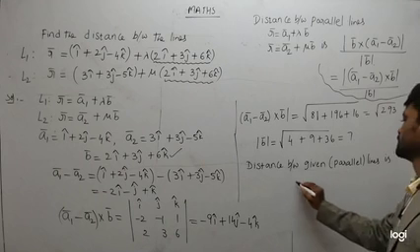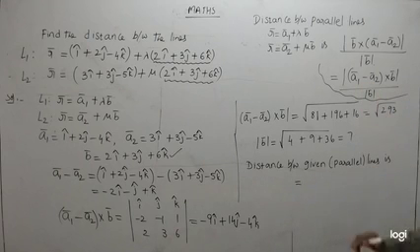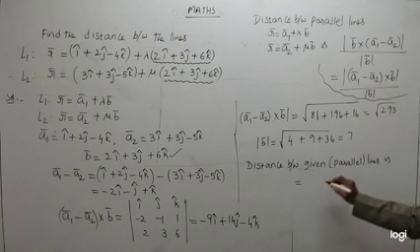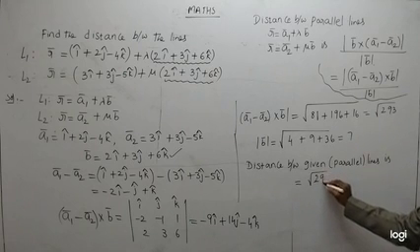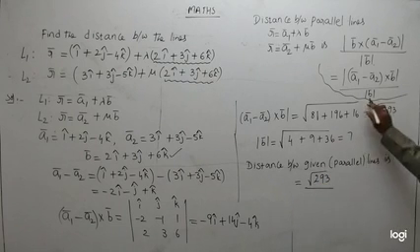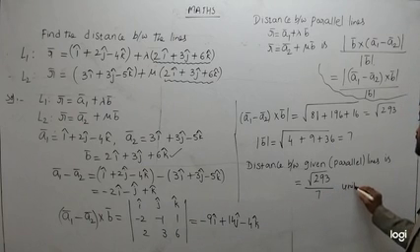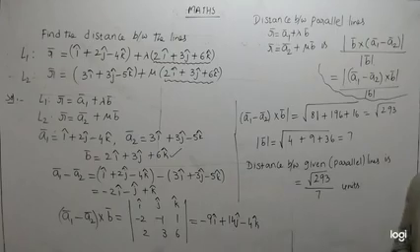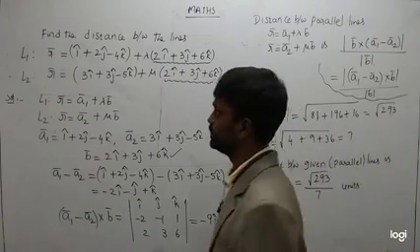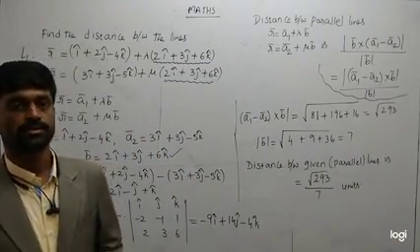is, according to the formula, you will get numerator modulus of a1 minus a2 cross b bar. So what is the magnitude of that vector? Root 293, divided by modulus of b bar. What is the modulus of b bar? 7 units. So this is the distance between the given two parallel lines, or this is the shortest distance between the given two parallel lines.